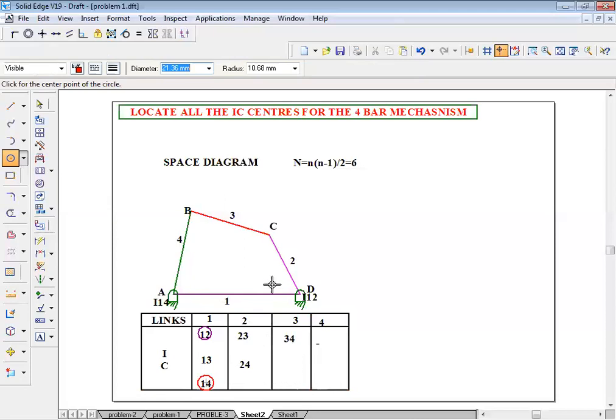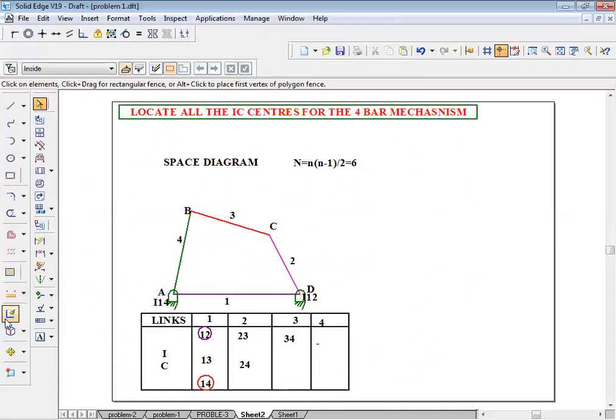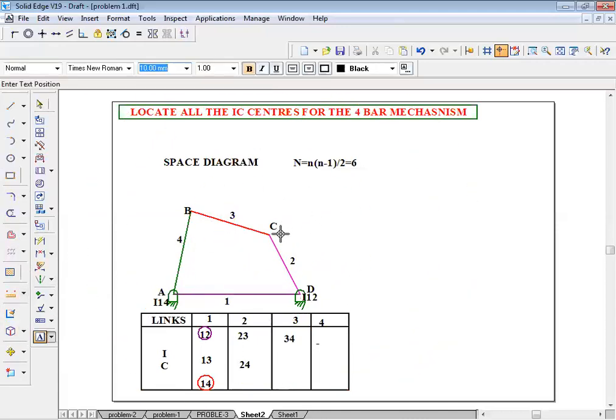Okay. Next, I23. So for I23, link number 2 is here, link number 3 is here. Therefore this point at point C we're having I23, that is called permanent. So this is fixed, this is permanent. So therefore I locate this now as I23. I will mark it as I23. Correct. Now I will round up this.